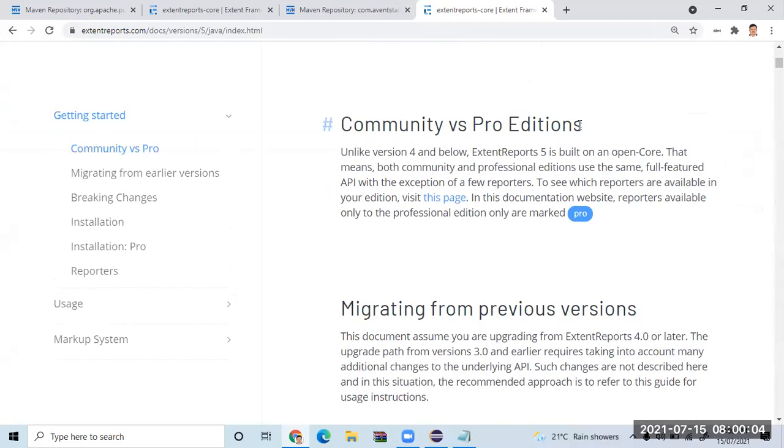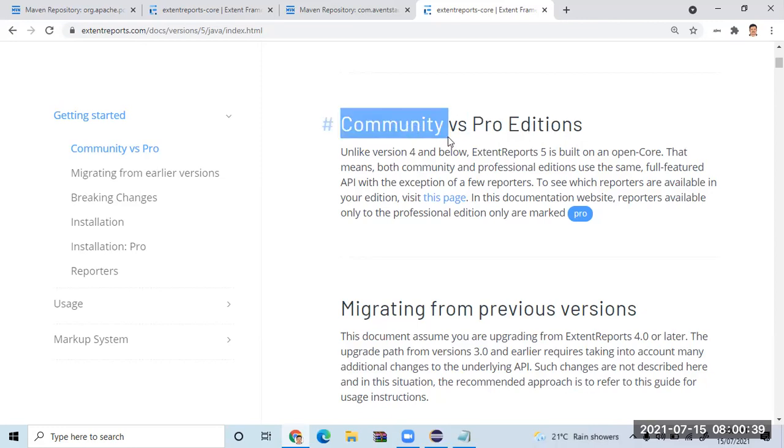That's it. Now, what is the major difference? Here you have email reporting and other features, and a very important one. Community edition reporting will be generated only if you connect to the internet, right? The reporting part is imported from Extent Reports. Pro edition will work without internet also. That means once you download it, offline reporting can be done. I'll repeat it. Community edition supports online reporting, whereas pro edition supports offline reporting. For that you have to purchase a license. Other than that, 90% of the features are the same.